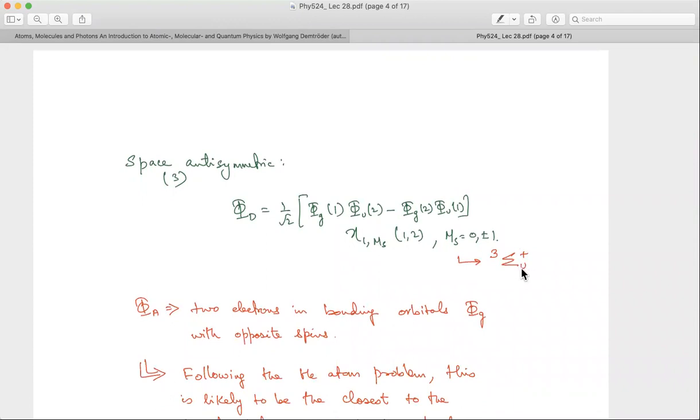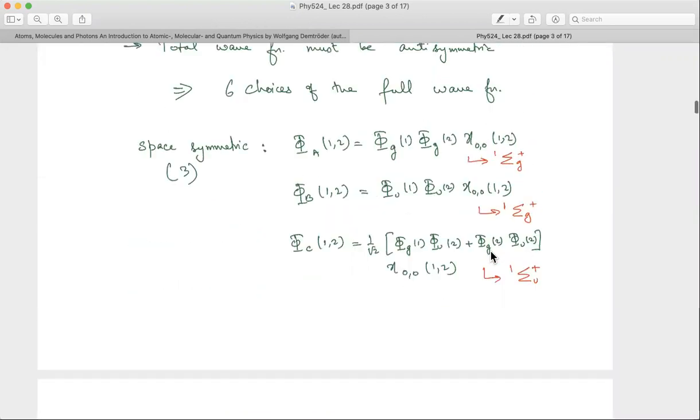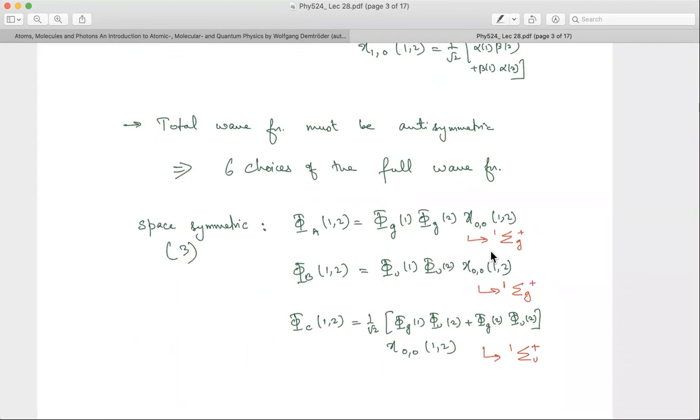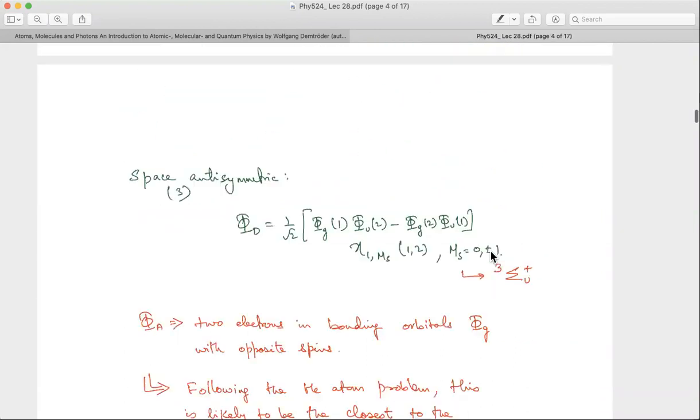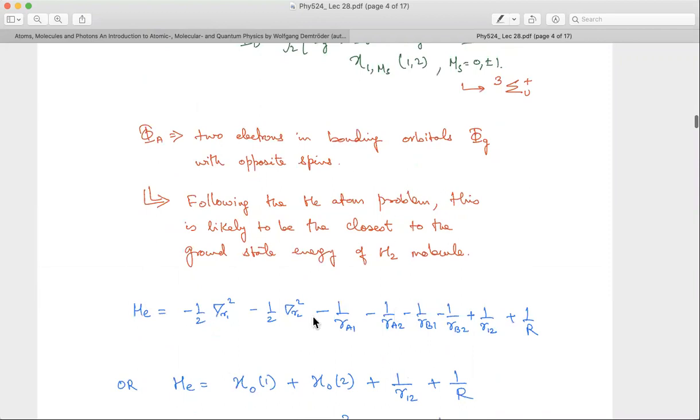Okay. So minus eigenvalue under inversion, and this plus denotes plus eigenvalue under reflection, etc. With a spin multiplicity of 3. Okay, so this you need to show explicitly. But these are the four combinations for the hydrogen molecule, etc. Now I can write down the Hamiltonian, and I can one by one calculate the energies.